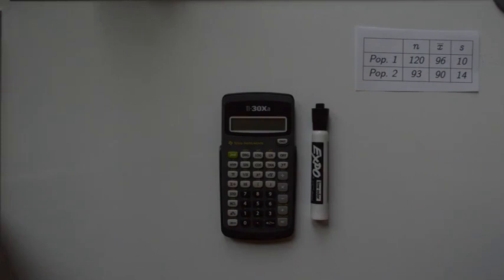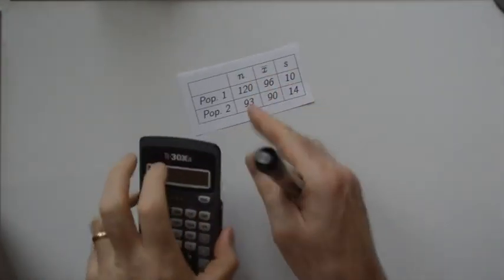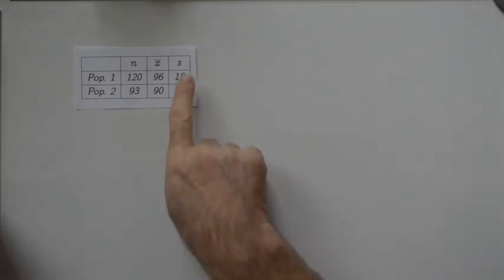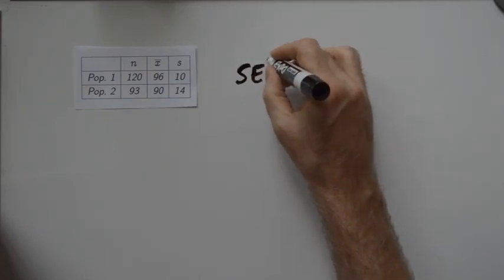All right, welcome to the whiteboard. Let's work this first problem together. We've got the information. I've taken the information from the slide and transported it here so we can take a look at it together. Our goal here is to first calculate the standard error of the difference in the means, and all we have to do is assemble some of this information appropriately. So the standard error for the difference